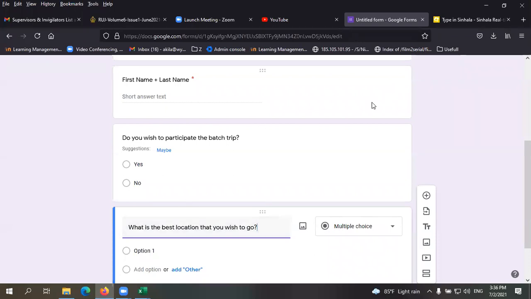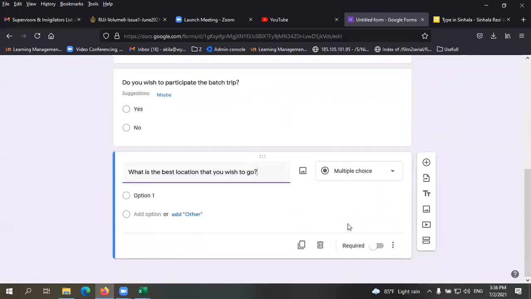Again, it's a multiple choice question. We're going to give your batchmates the chance to select the best location that they would like to go.